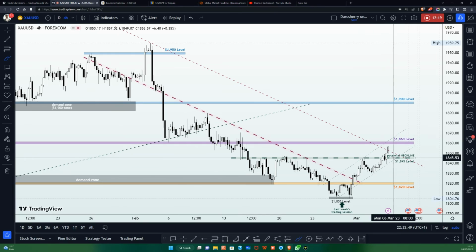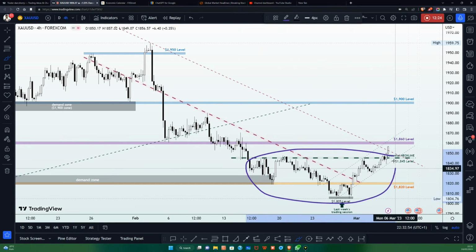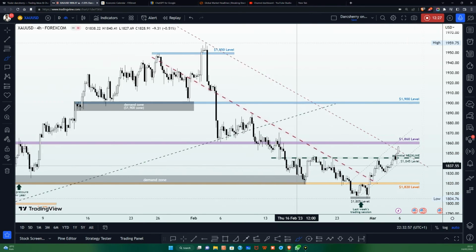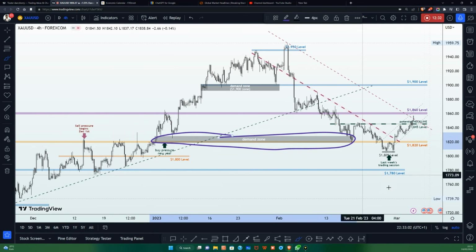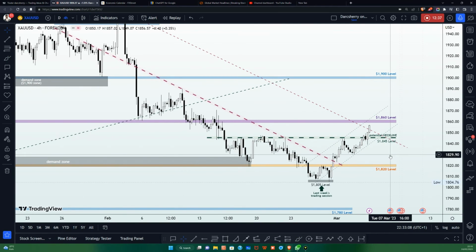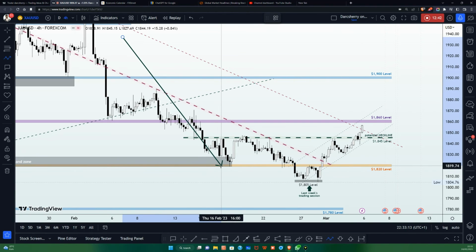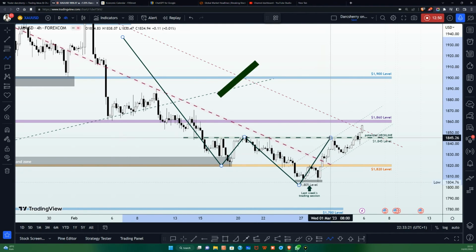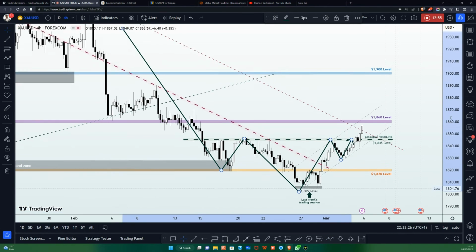Then, if we further look at what happened around this area, that is throughout the last 2 to 3 weeks here, we saw a little consolidation phase sitting right above that strong demand zone that we identified on the daily time frame. And if we take a technical dissection of that consolidation phase, what will you see? Following this impulsive move to the downside, it appears that price action has transitioned into a reversal pattern, which is coming in with something like an inverse head and shoulders pattern,